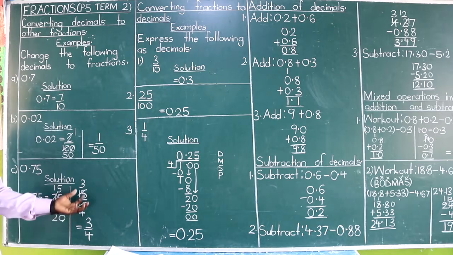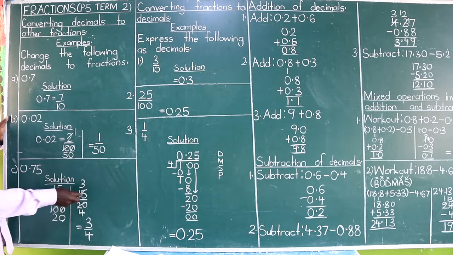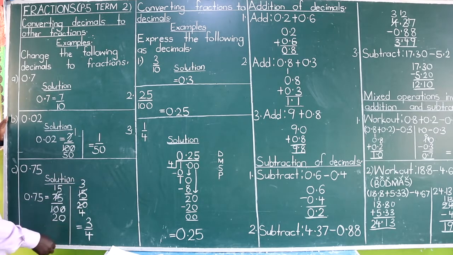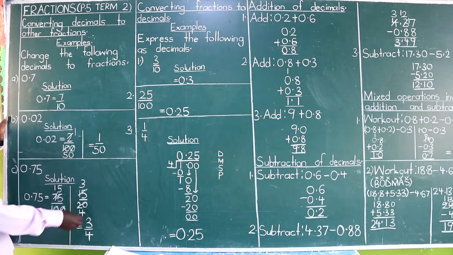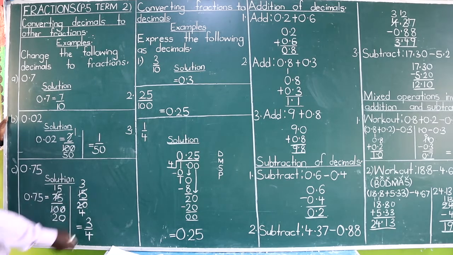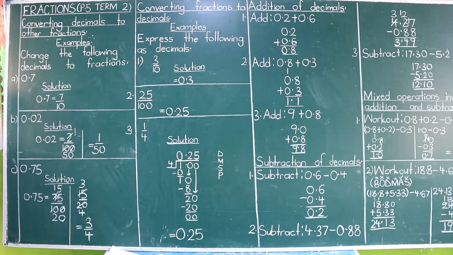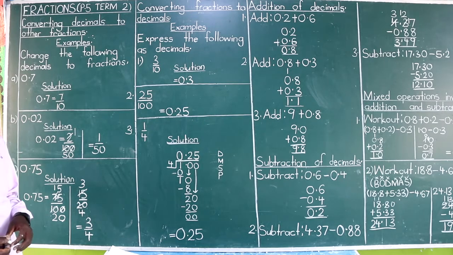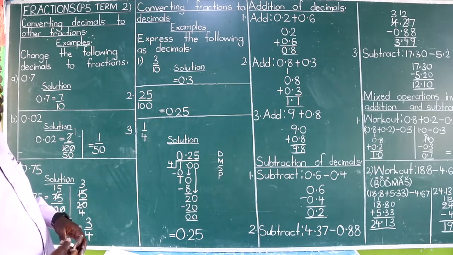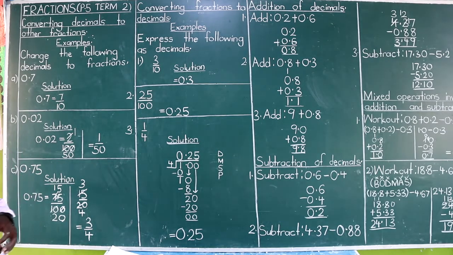And again, look at 15 out of 20. It is still pending division. It shows it is still divisible by 5. So 15 divided by 5 is a 3, and then 20 divided by 5, you get a 4. So the answer is 3 quarters, which is 3 out of 4. And that's the way we convert decimals to common or proper or vulgar fractions before we convert them back.